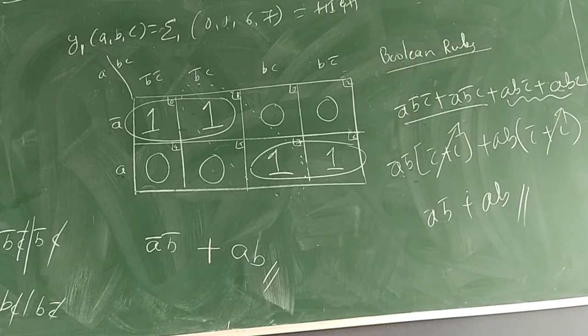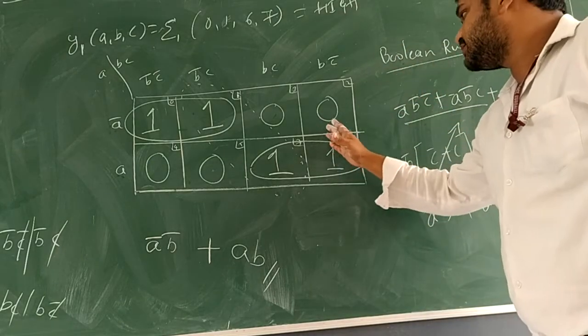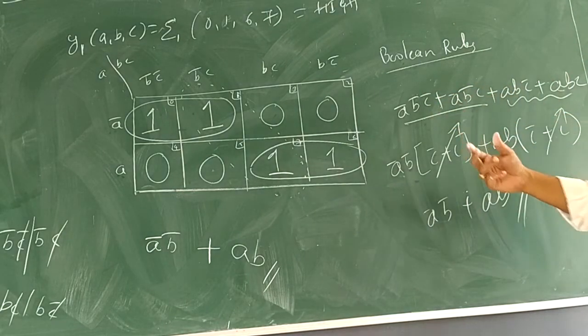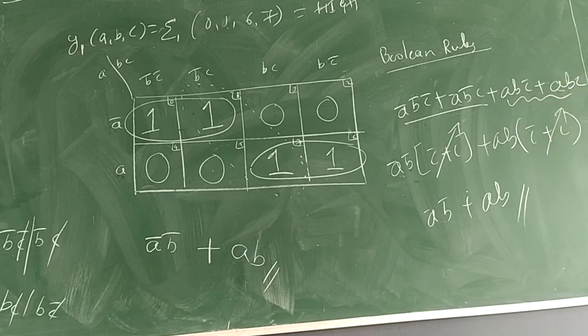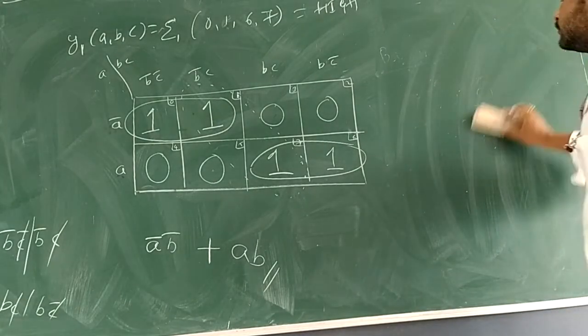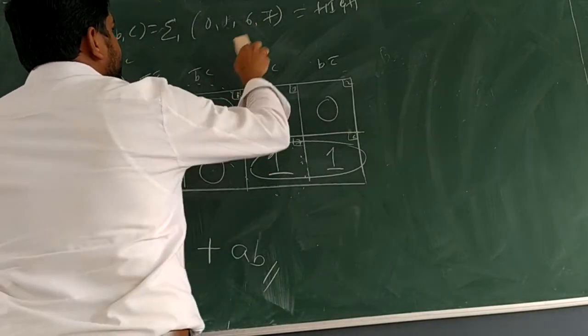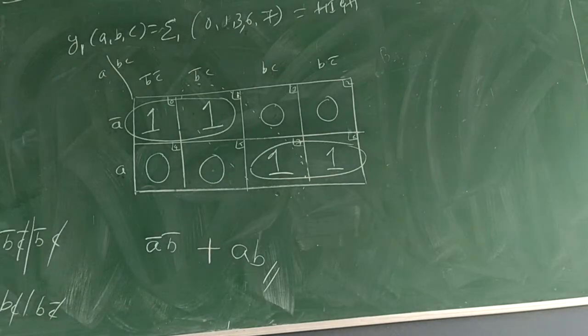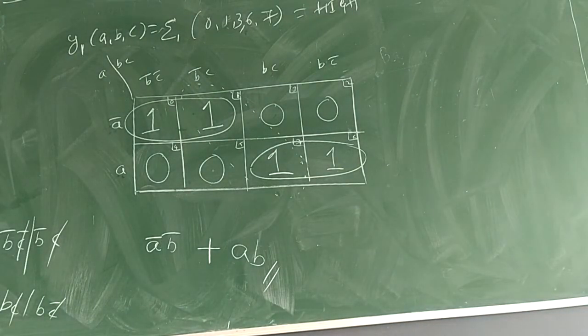the K-map. The importance of K-map is as the expression length increases, application of Boolean rules will take a time. To reduce that effort, we are going to use a K-map. Okay, fine. Let's take one more problem. Okay, so here I will add 3. So the problem is now new problem 0, 1, 3, 6, 7.